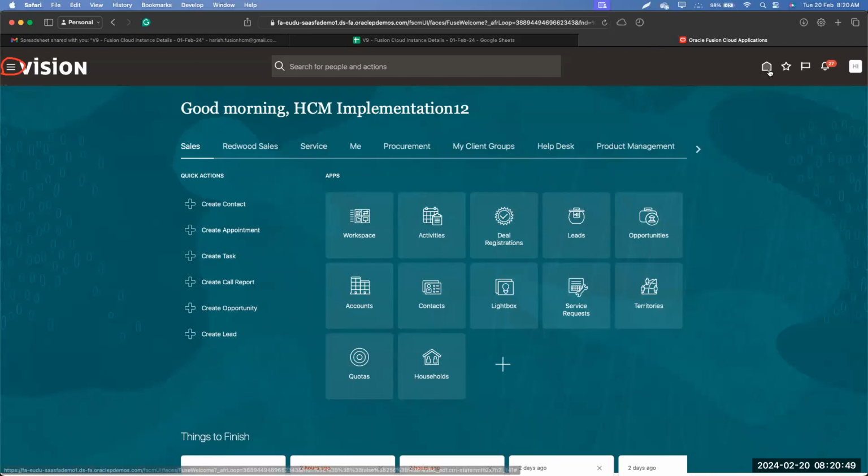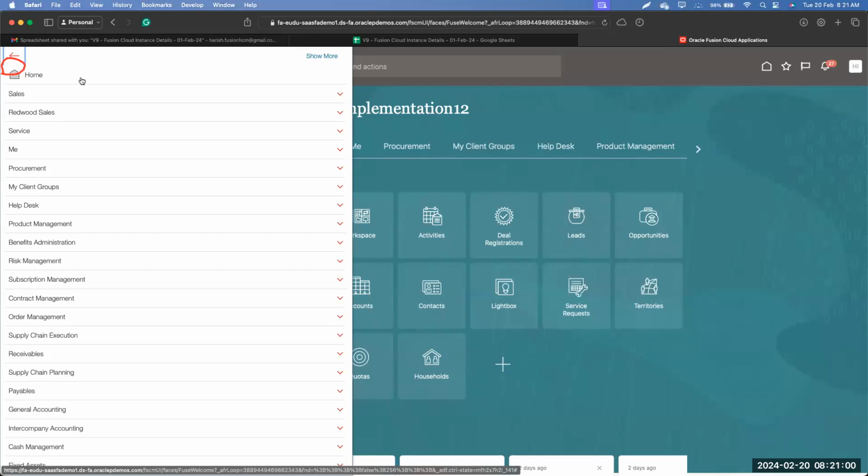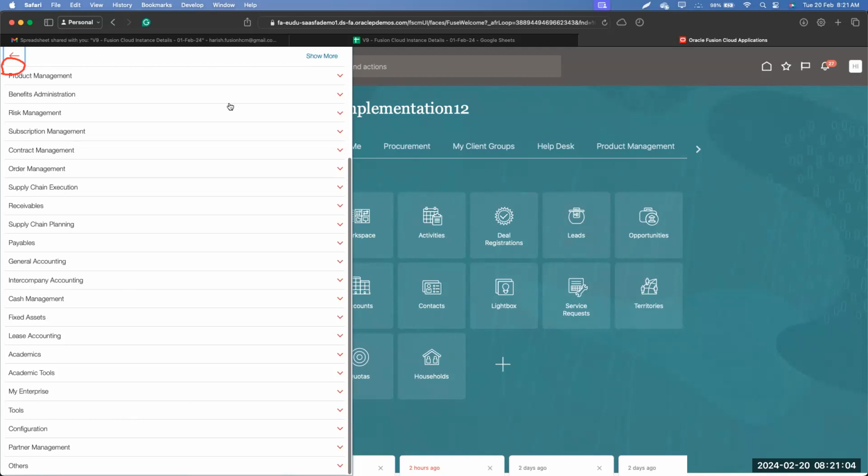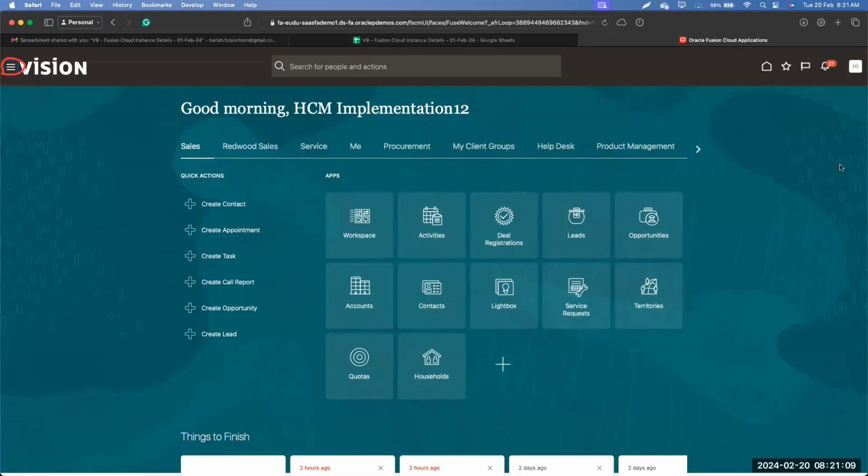So similarly, if I just hover the mouse on any other icons, you will see a help text. So we have different help text here. The first and most important icon which we have is the navigator. The reason being, from the navigator, we can access all the applications and tools. And the next we have is the settings and actions. This one which says HI is called settings and actions.